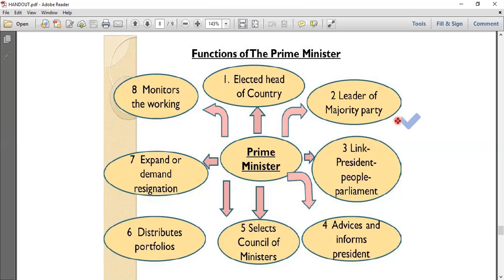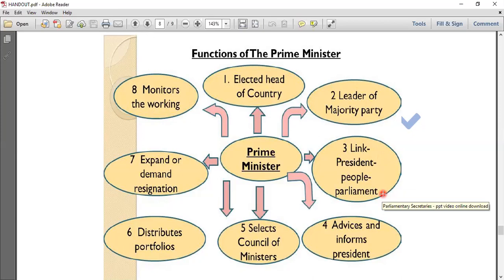So once they form the government, whosoever is the leader of that party becomes the prime minister, right? Third, he is the actual link between the president, people, and the parliament. So all these three things coming together, and we have this man over here who is our prime minister, right? He is linking everyone. Whatever decisions we are making, he is actually implementing them, and he is bringing out to